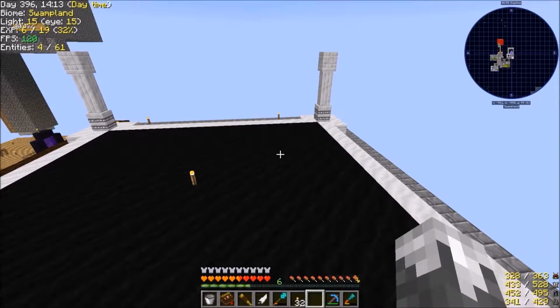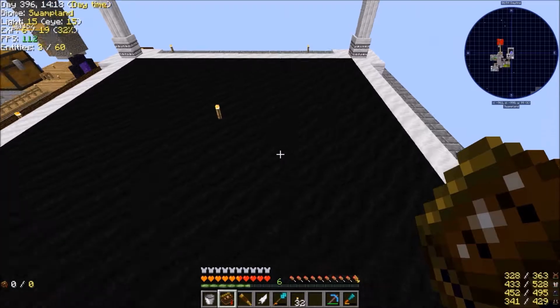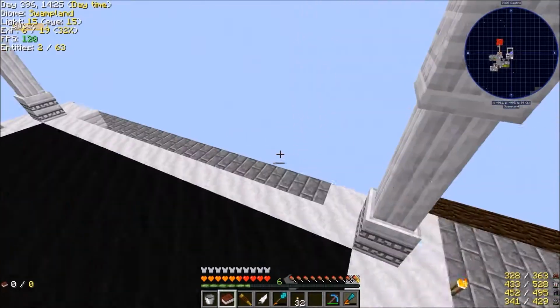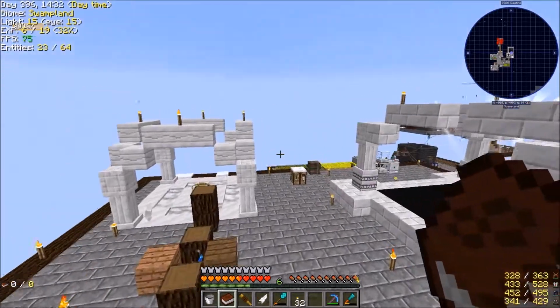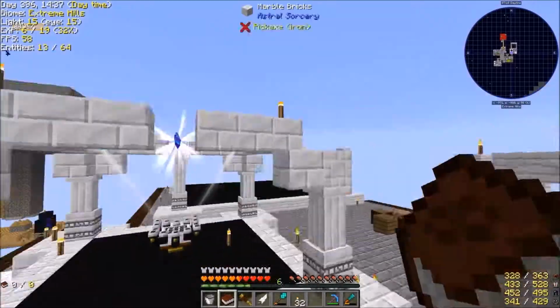It's supposed to be a 19 by 19 is what that says. We are 15, 16, 17, 18, and 19. So 15 by 15. I've got the center marked out for when we get the Attunement altar done. So there is that. Alright, so